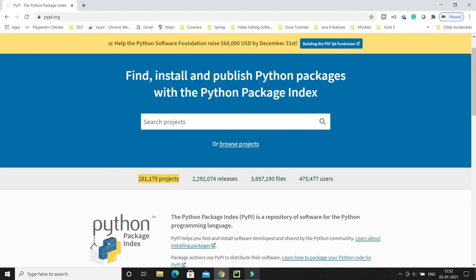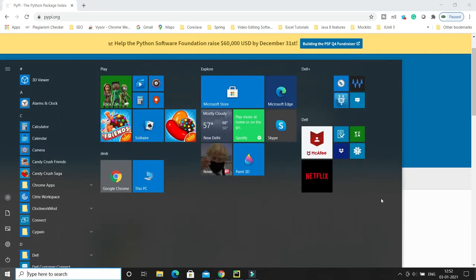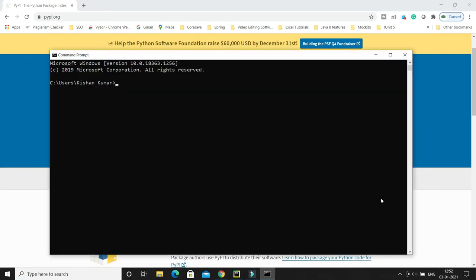Now the thing is, how can we check whether pip is already installed on my machine or not? For that you have to open your command prompt. Here you have to write pip and then hyphen version. If you press enter, you can see pip is already installed on my machine.